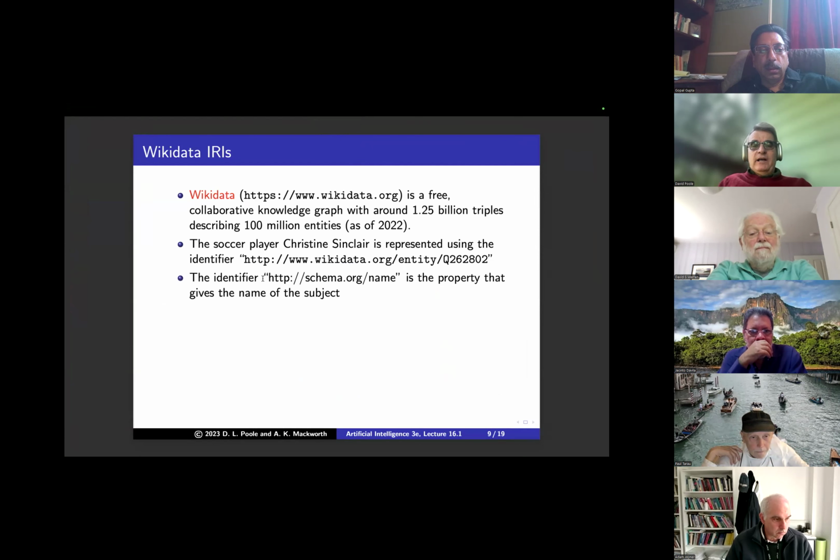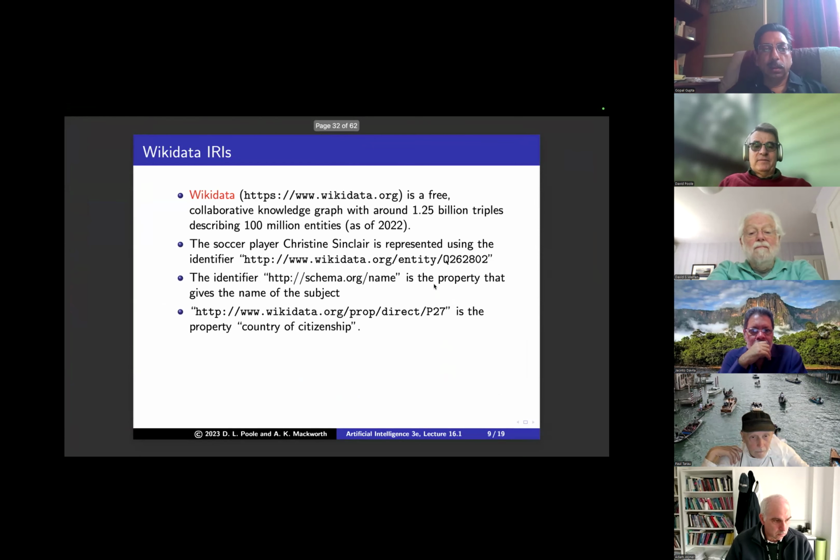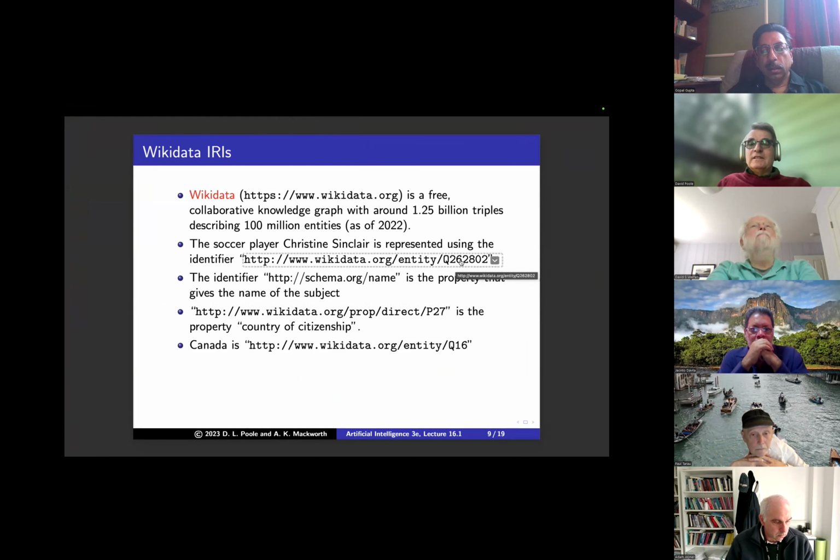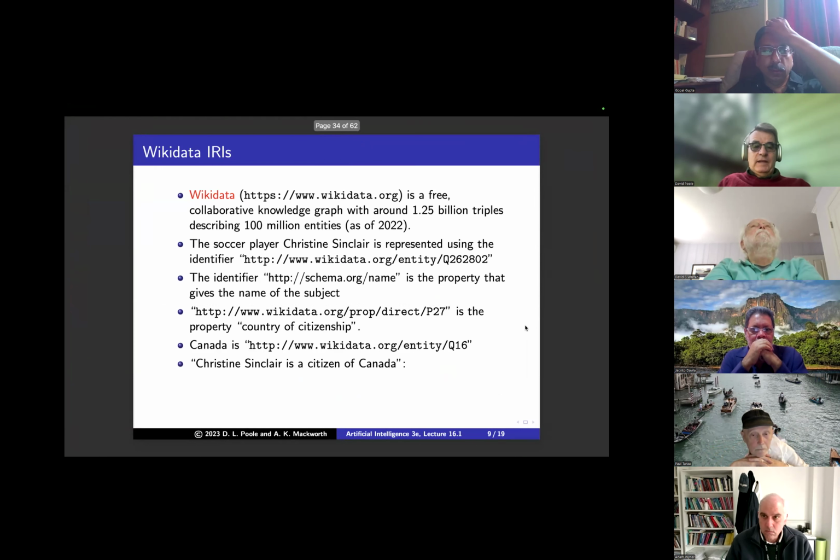Here's another identifier: schema.org name is a property that gives the name of a subject. And here's another relation: wikidata.org prop direct P27 is country of citizenship. And Canada is Q16, the entity Q16. Christine Sinclair is 267802.